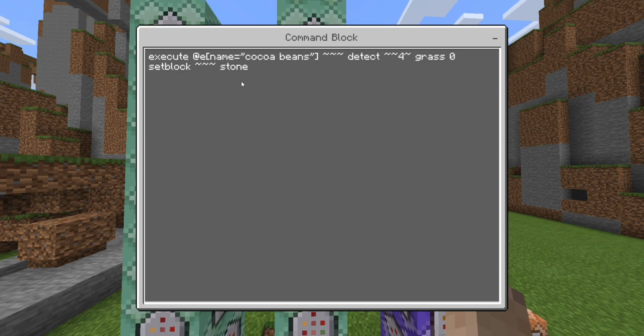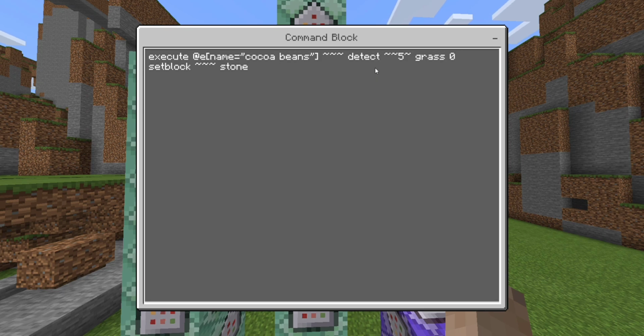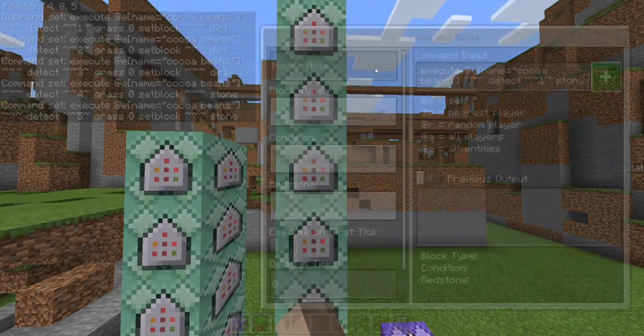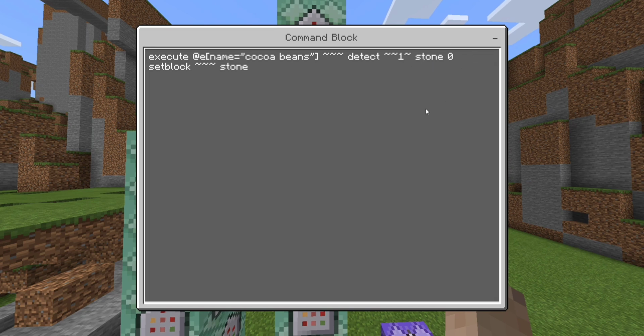Now, there are a couple more of these commands, but they are not necessary. They're just in case, just to make it work almost 100% of the time. So the next command is going to be detect 5 above the grass, so they're all detecting where the grass is relative to them, and then placing the next block below. So again, detect,